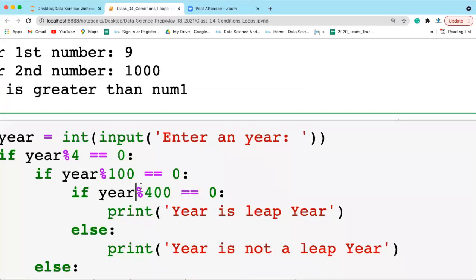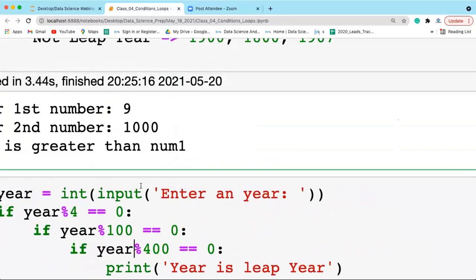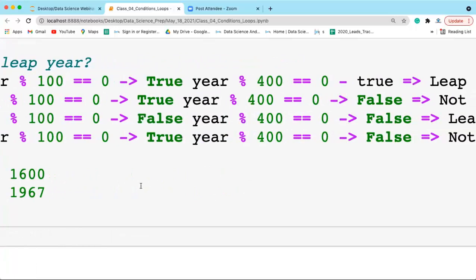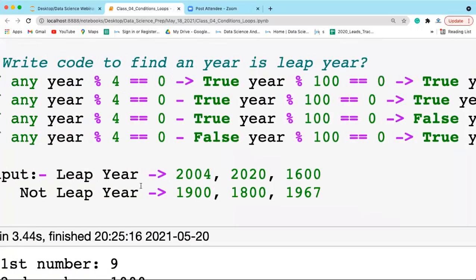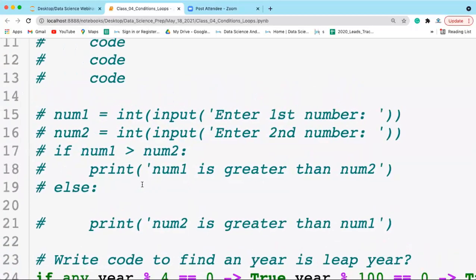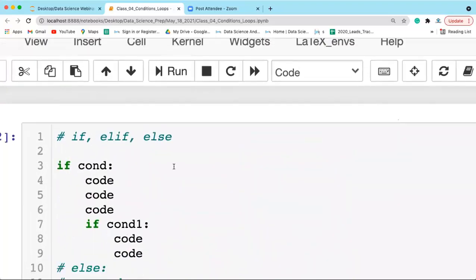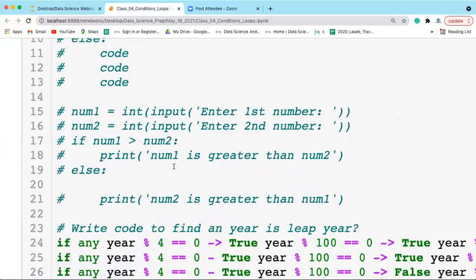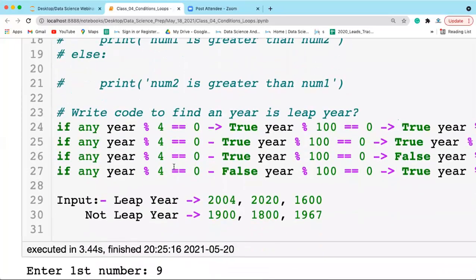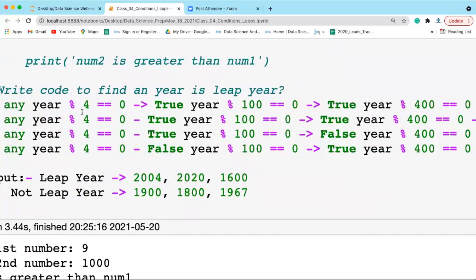You can see it is percent. These all are percent, these all are percent, right?